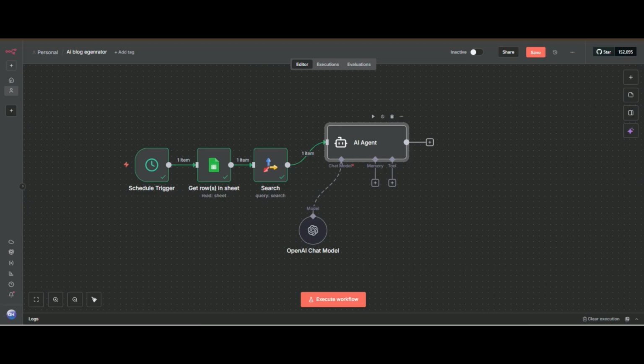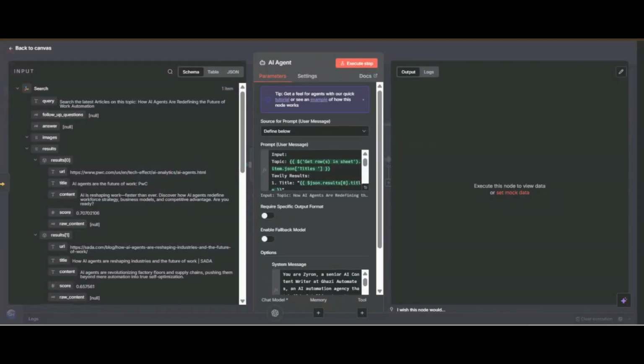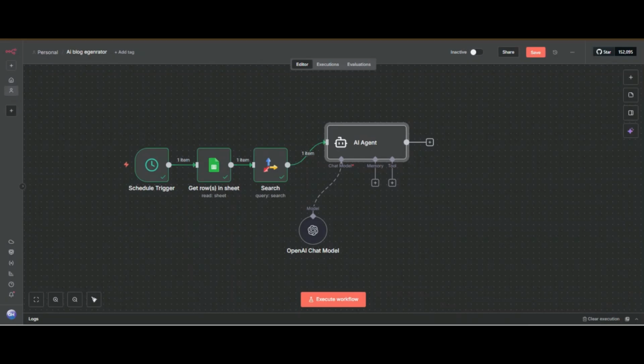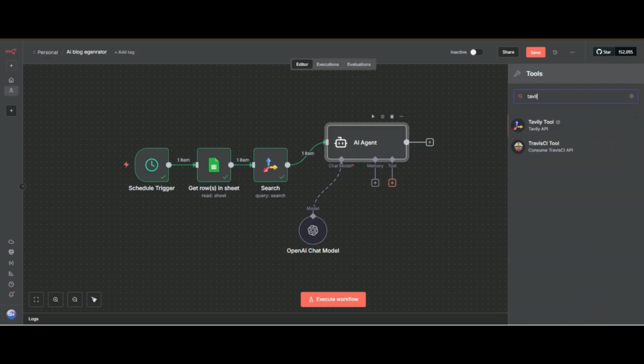Now I have to give the AI agent the Tavily tool, because we want the AI agent to fetch more factual things for our blog post from the internet. So I will give Tavily tool access.